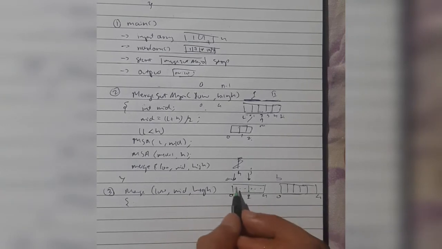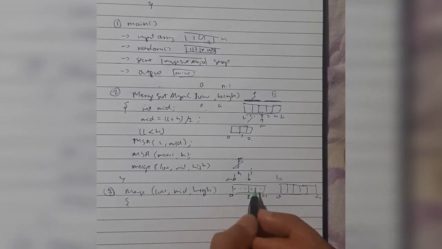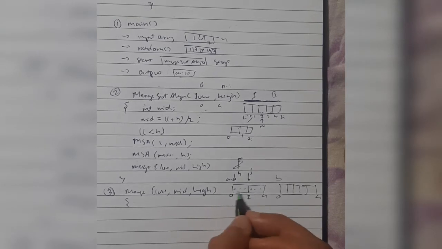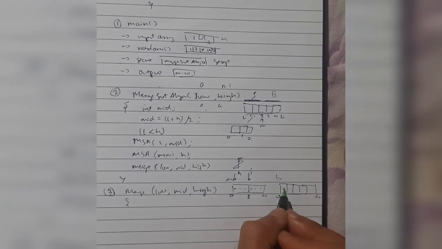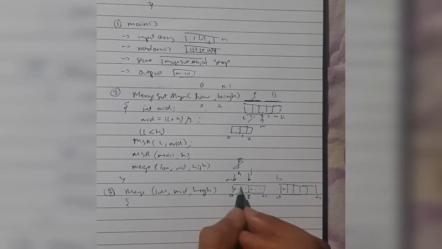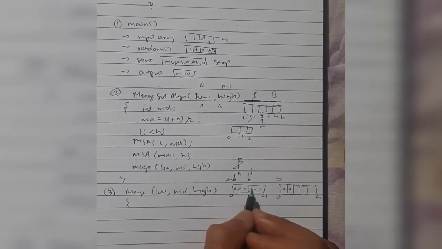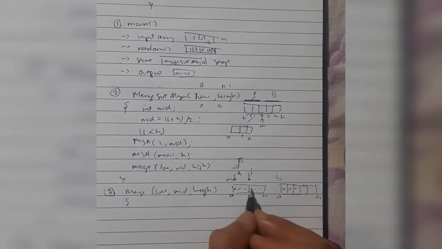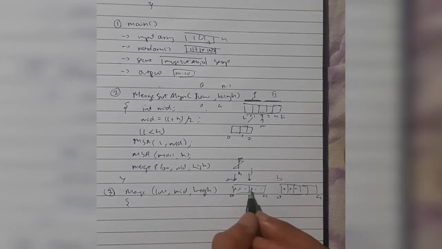So we'll be comparing, is a of i, which is this element, less than a of j, meaning this one is less or this one is less. If this is less, we'll be writing this one in the same location here. Then this one is done, we'll move on to this one. We'll compare this and this. If this is smaller, we'll write here in the next location and move on. Then we'll compare this and this. Suppose that this is smaller, then we'll write this one here, and then we'll move to this one. In that way, whichever is smaller, we'll write that one and increment that part.